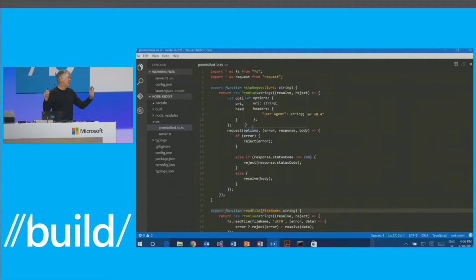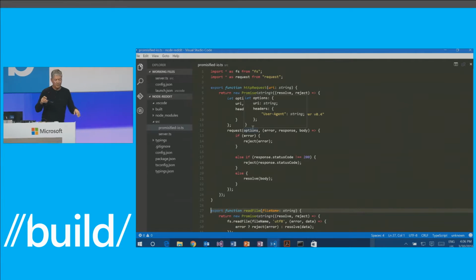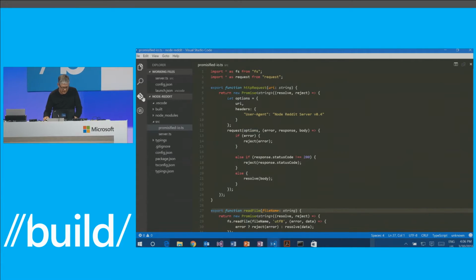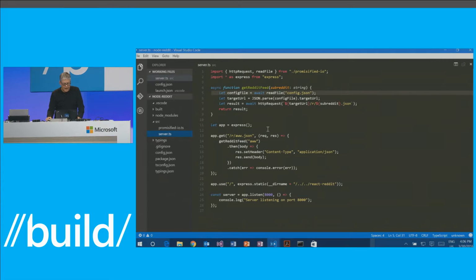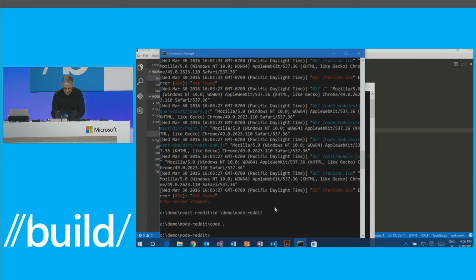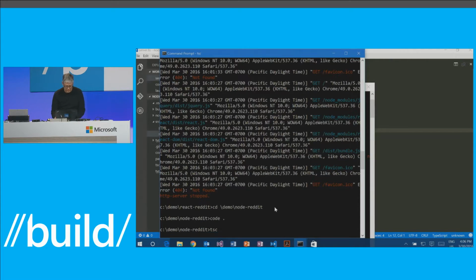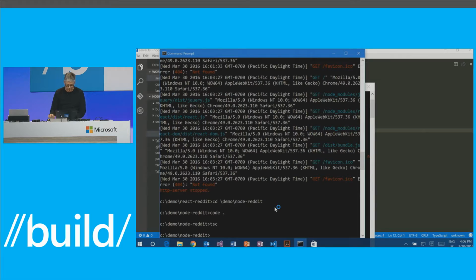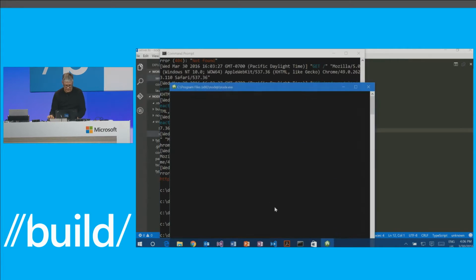Now, all of this code, we'll make this code available so you can go look at it afterwards, so we don't have to fully understand what's going on there necessarily. But anyway, basically, let's try to compile our code. This is the one time where I'll actually invoke the compiler manually. And then let's try to start up Node on the built version of server.js.